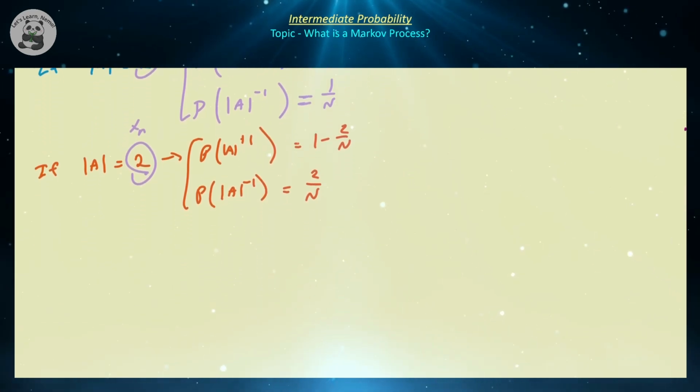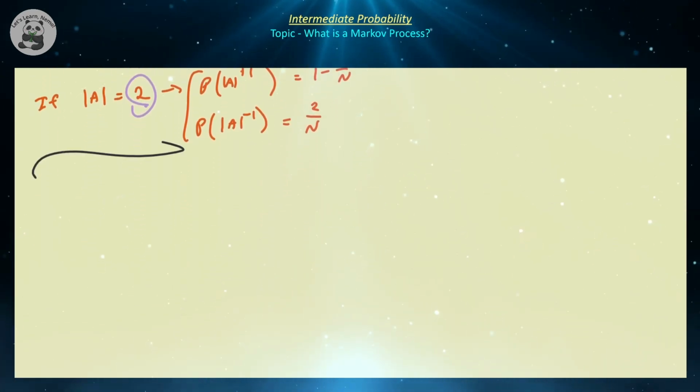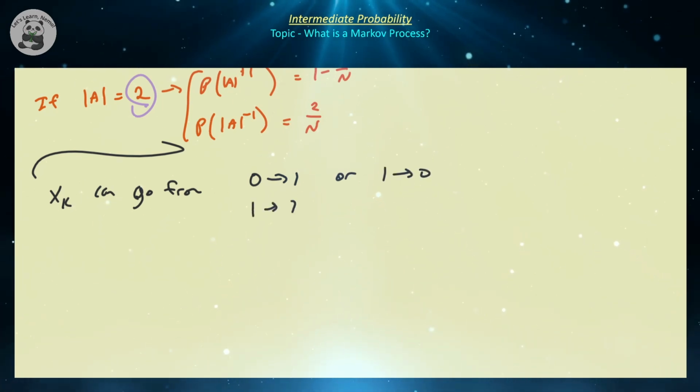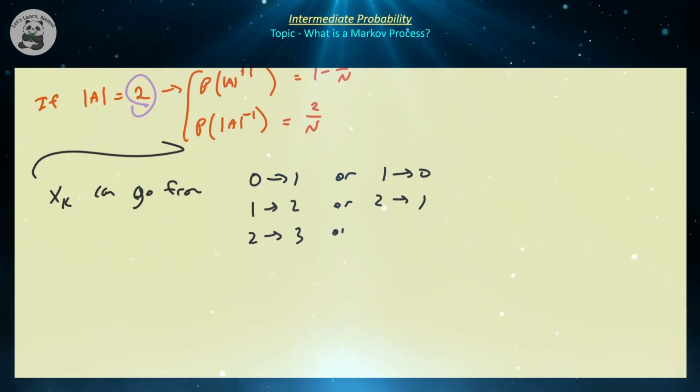So obviously we're going to have a little bit of pattern in our stochastic matrix. So let's see if we can sketch out what that is going to be. So x_k can go from, for example, 0 to 1, or from 1 to 0. We can also go from 1 to 2, or from 2 to 1. We also can go from 2 to 3, or from 3 to 2. Keep in mind, we cannot go from 3 to 3, we cannot go from 2 to 2, we cannot go from i to i, and we cannot jump more than one space if we do change, either up or down, right?